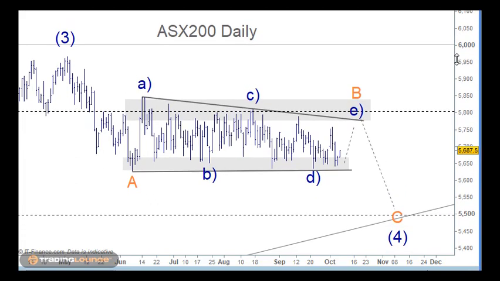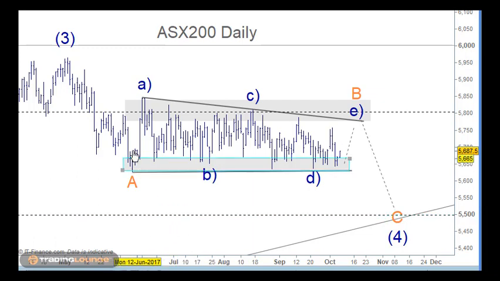As you know, we've been working through this complicated, lengthy triangle pattern here, but we're still counting it in 5 waves, as a triangle is, in terms of wave A, wave B, wave C, wave D and wave E, and each structure having 3 internal waves in each side. Now this